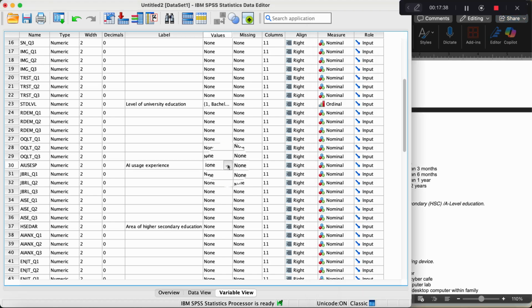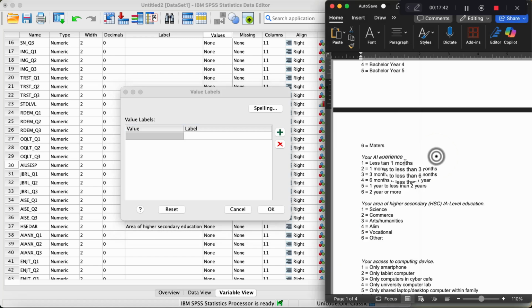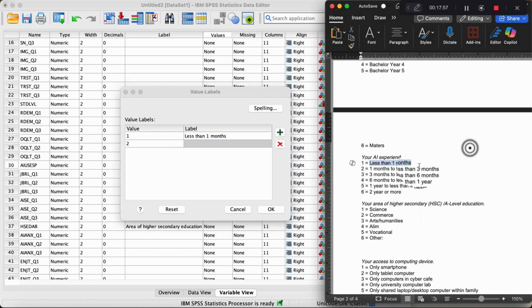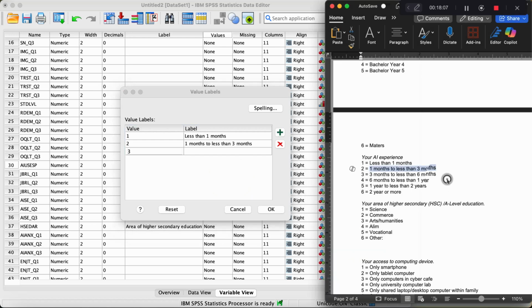So again we'll go here and add: 1 is for less than 1 month, 2 is for 1 month to, at this point I will just copy and paste because of the possibility of mistakes, to avoid the mistakes. So 3 is 3 months to less than 6 months,